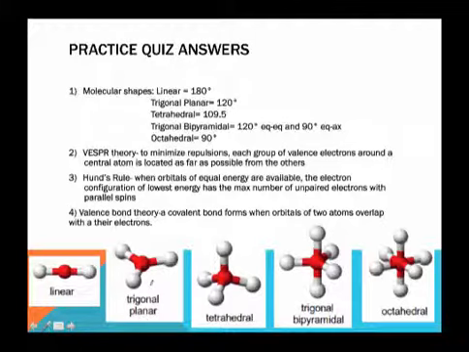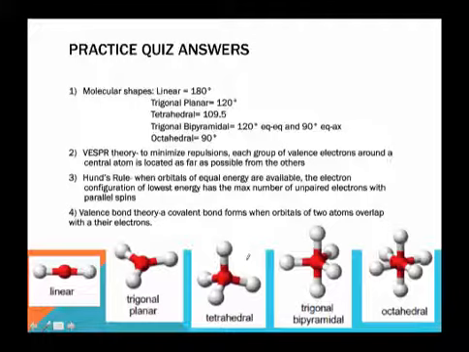Here for trigonal planar, you could see that there's 3 axes, each of which are separated equally, and so the bond angle is 120 degrees. The same case goes for tetrahedral, but in this case there are 4 bonds instead of 3, each of which are equally spaced, and so the bond angles between each one are